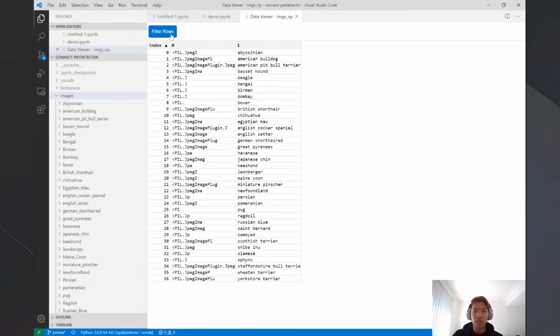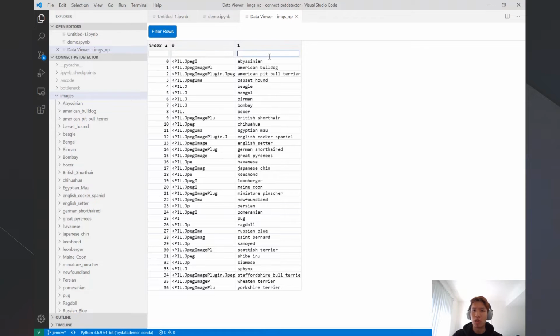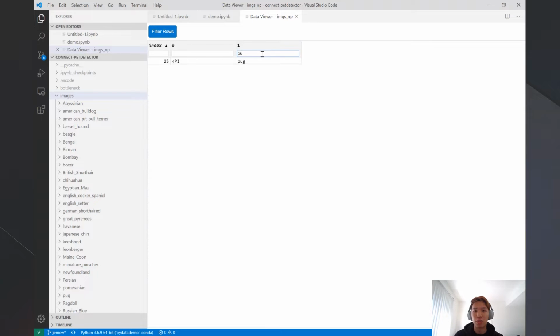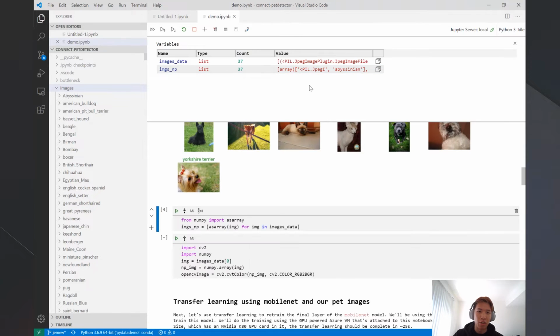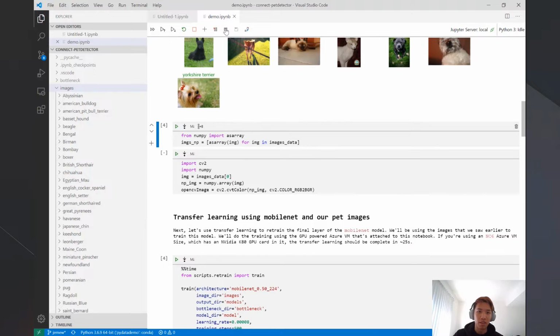Another feature we have in this is the ability to filter rows. This is a more trivial example because there's only 37 different categories, but let's say you had thousands or even tens of thousands of rows of data. If you want to filter your data, you can just click on the filter rows button and search for what you want. Let's say I want to ensure that my data set had a pug in it. I can search pug and I can see, oh, there's a row for that. So if I close this back up and go back into our notebook,